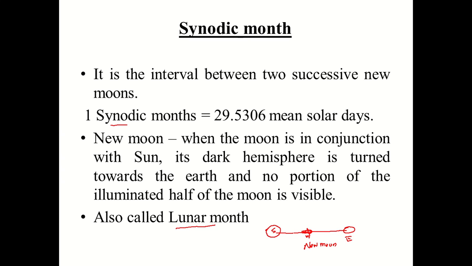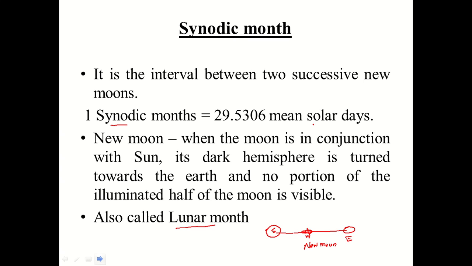So the lunar month is otherwise called the synodic month. The synodic month is exactly 29.5306 mean solar days. What the solar day is has not been defined so far. We will discuss it while discussing the different days. So anyway, just remember that one synodic month is 29.5306